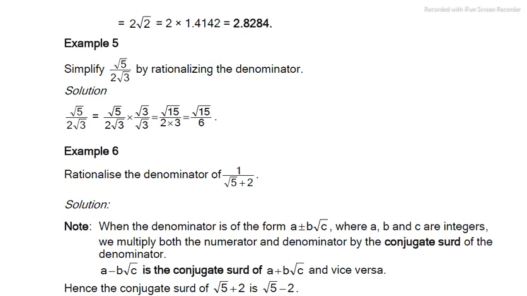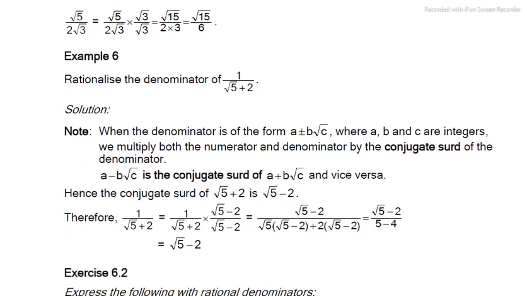Since we have a plus, then its conjugate will be root 5 minus 2. That's the conjugate of root 5 plus 2. After getting the conjugate, which is root 5 minus 2, this conjugate is multiplied both up and down,